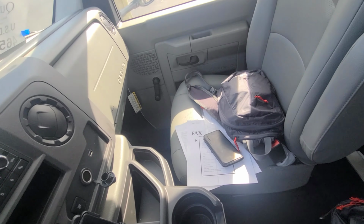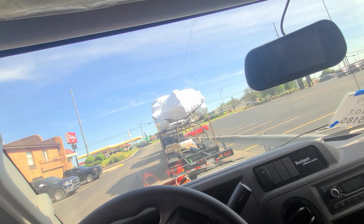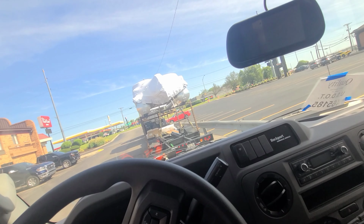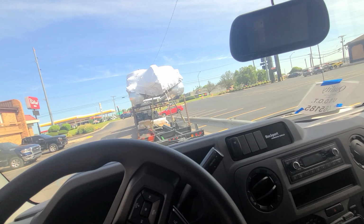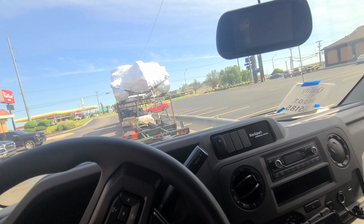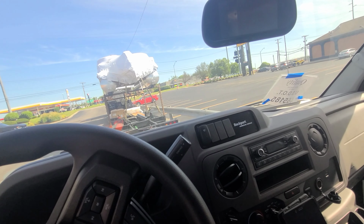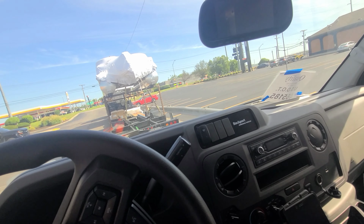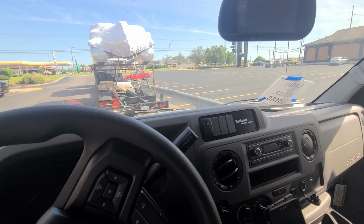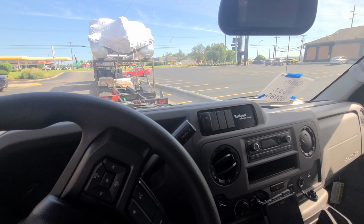So the issue now is I don't really have enough money to get from Wilmington, Ohio, where this is going, and then I'm going to have to get 45 miles north to Springfield, Ohio to pick up another run that goes from Springfield, Ohio out to Great Falls, Montana. That's a 45-mile difference and costs probably roughly $100 in cab fare, because depending on where the cab comes from, they charge basically the 45 miles to come get you and the 45 miles to go drop you off, and it ends up being $1 a mile roughly. So whether they actually come from that far or not, they charge to do that. And so $100